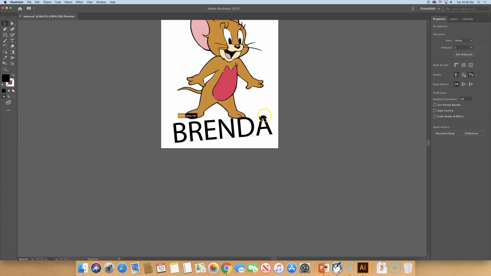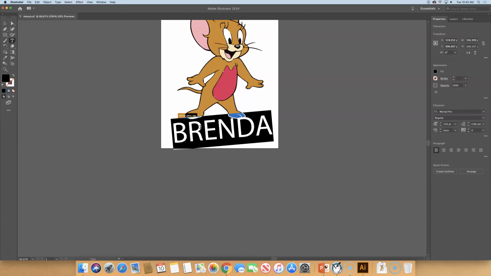Okay, so right now when we look at type, it's editable. So if you typed in your name and you spelled it wrong and you wanted to go back, you can edit it. But there's also a way to turn it into outline so that you can tweak it as well. So under the type tool,